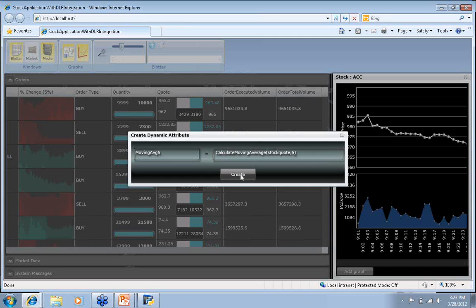The function itself does not hard code how much time I need to calculate the moving average for. There are various other ways of doing it. You would have provided a field here, but what I'm trying to say is that